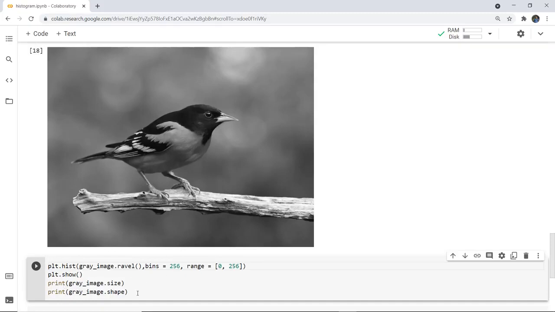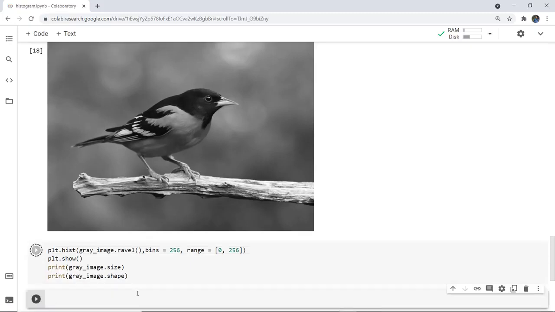Now here I have used the size and shape also, so that I can show you that the size and shape is actually reduced when an image is changed from colored to grayscale. Why? Because the color component is reduced. So obviously the size and shape of the image is to be reduced. So when I execute this particular cell,